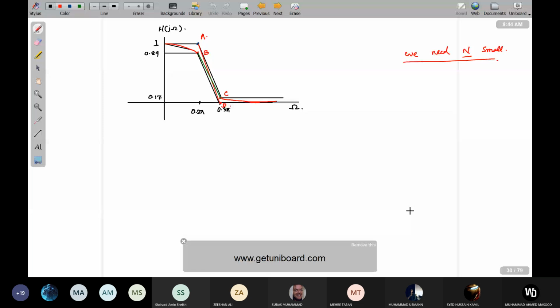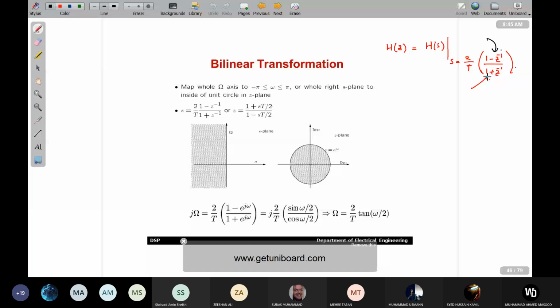ट्रांसफॉर्मेशन। सो वो कहते हैं जी मैं, अगर आपके पास HFS है तो अगर आप S इज इक्वल टू 2/T (1 माइनस Z इनवर्स) डिवाइडेड बाय (1 प्लस Z इनवर्स), ये अगर ट्रांसफॉर्मेशन आप यूज करें तो यू कैन गेट योर HFZ। ओके, द इंपॉर्टेंट थिंग इज दैट ओके, ये ट्रांसफॉर्मेशन जो है, जो हमारा कसौटी है हमारे किसी भी